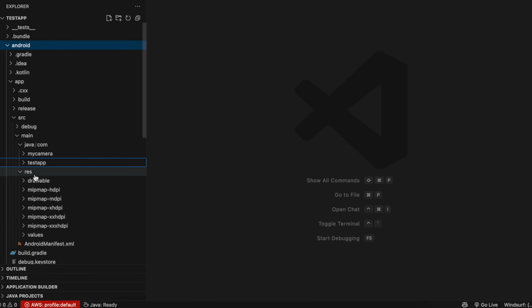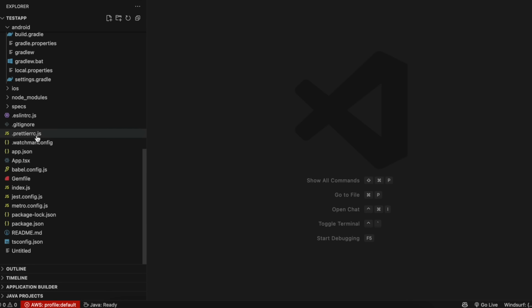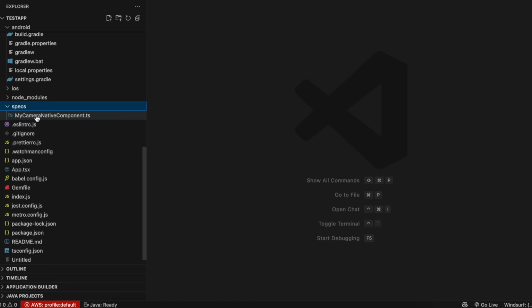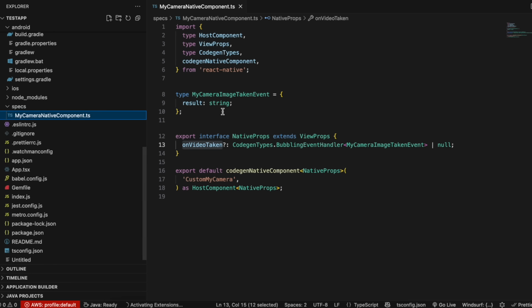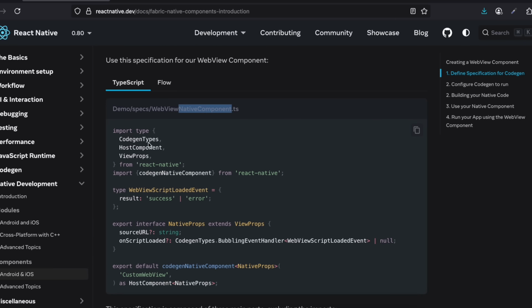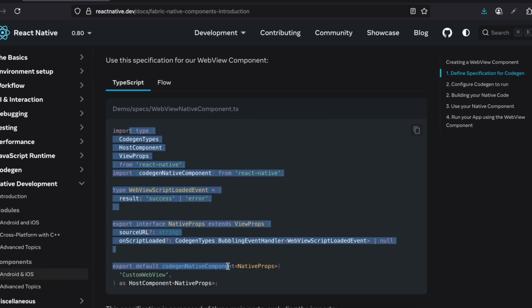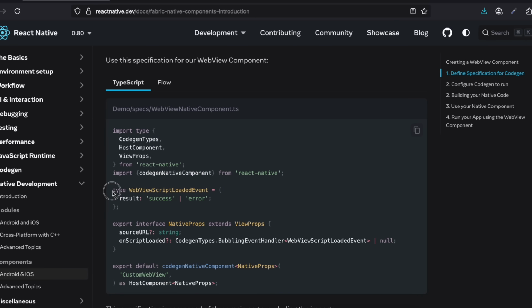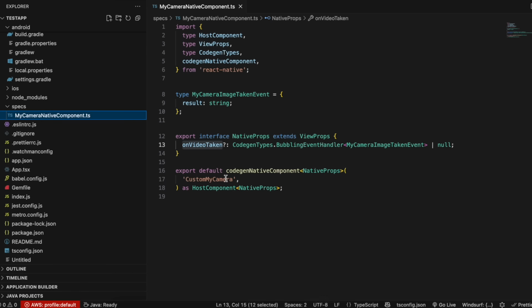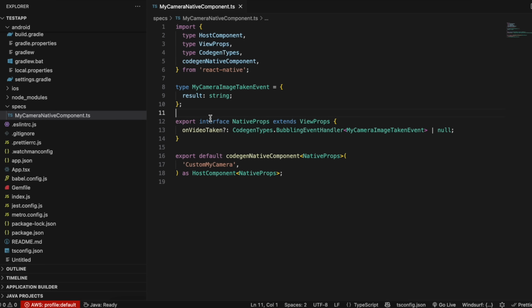So if you see over here inside the specs folder, you just need to create this particular TypeScript file, my camera native component.ts. Now I have just copied everything from this particular file, but I have made a few changes. Firstly, I have replaced this particular type with this particular thing. So here we have this particular thing called result, but unfortunately the result thing is not really